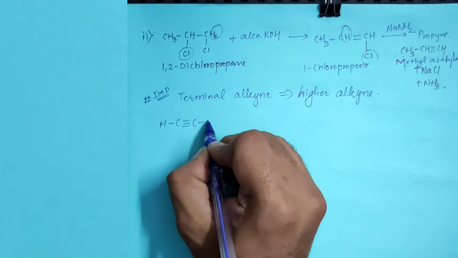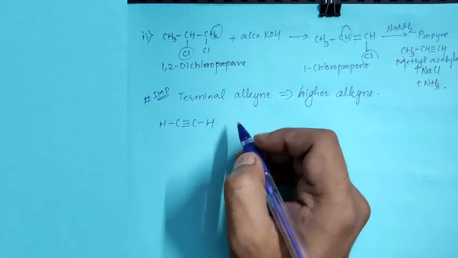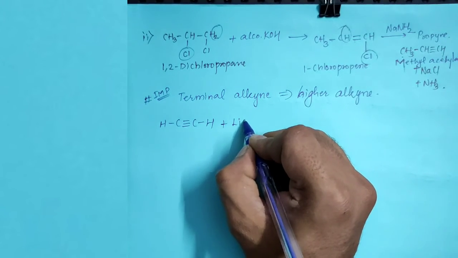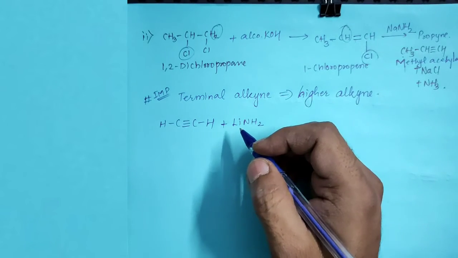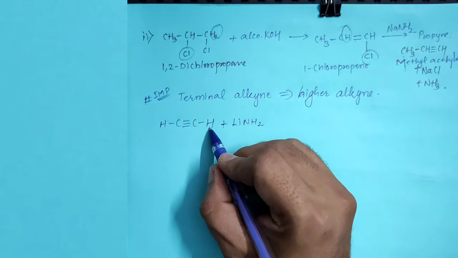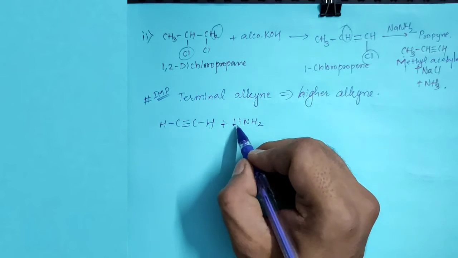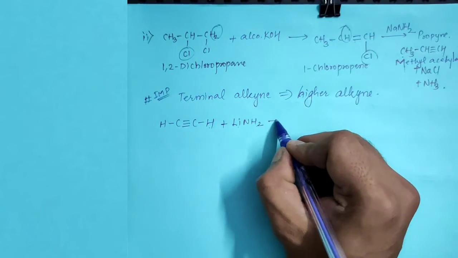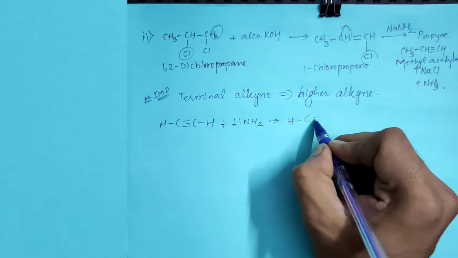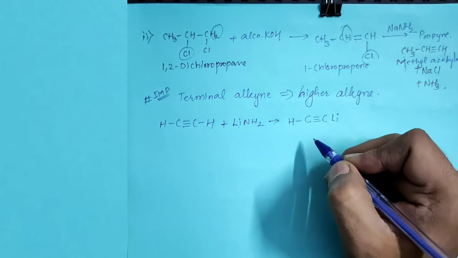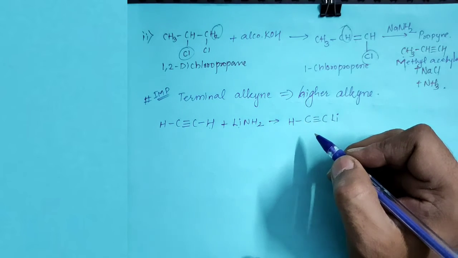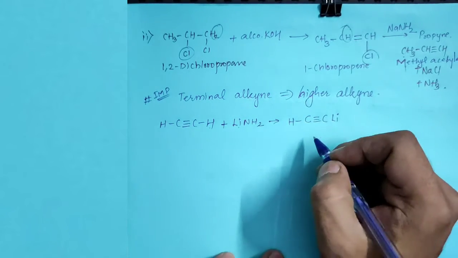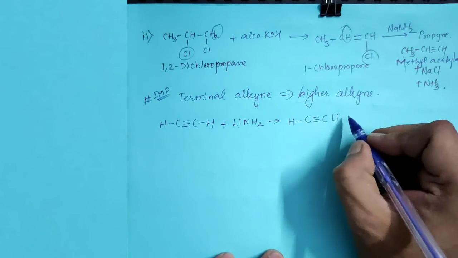Name this compound, CH triple bond CH, is ethyne. When we treat it with lithium amide, LiNH2, same as sodamide, what will happen? Hydrogen will be removed as ammonia gas and lithium will get attached over here, because lithium is electropositive in nature and hydrogen is also electropositive in nature. So we will get lithium ethynyl lithium. It is already ethyne and an alkyl is formed, so it is ethynyl lithium.